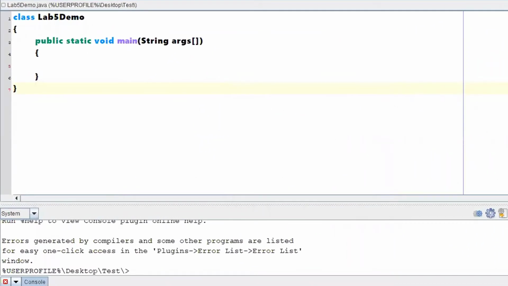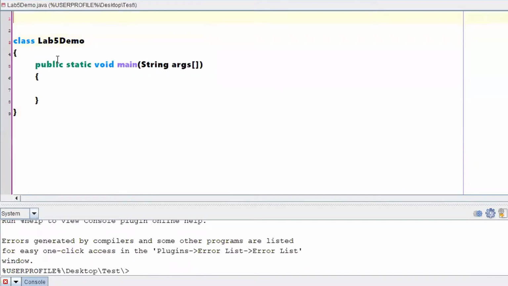Okay, so according to our requirement, let me create suitable classes, right? What are the things we require? We require one customized or user defined exception class, which is LessBalanceException, right? Class LessBalanceException extends Exception.